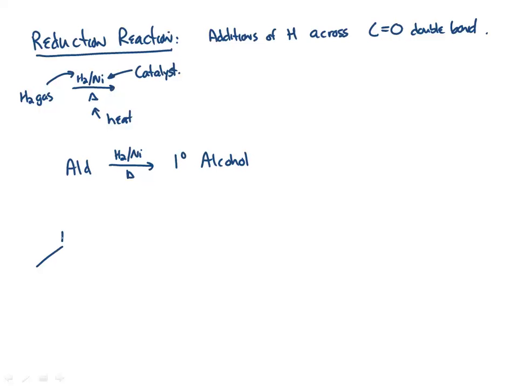Meaning if I take my favorite aldehyde, the one with 2 carbons, because it's the easiest one to draw, right? And I think about that as I'm adding hydrogen gas. So that means a hydrogen goes on one side of the bond, and a hydrogen goes on the other side of that bond. And I'm simply left with OH. And then we don't normally draw that H there, but I'm going to show it there to show how we broke that double bond. So this is exactly like